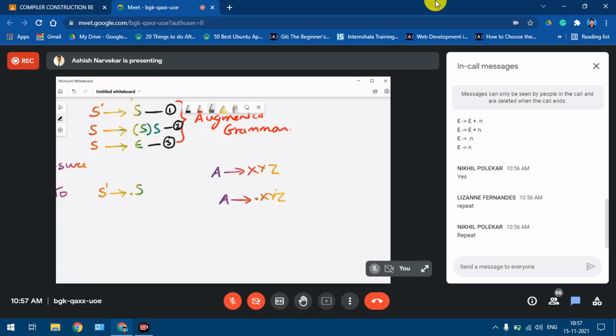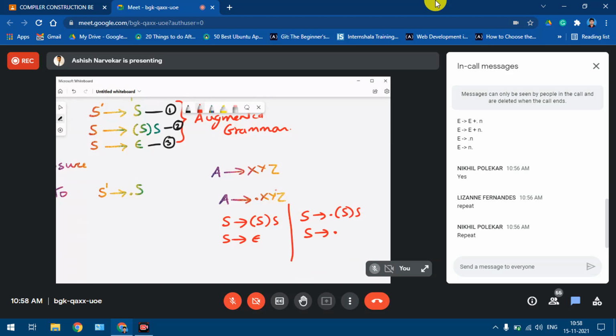Now in the original grammar we can see that we have S gives and S gives epsilon. If I tell you all to write the LR0 items for this, we will be writing S gives dot and S gives dot, which corresponds to epsilon, right?